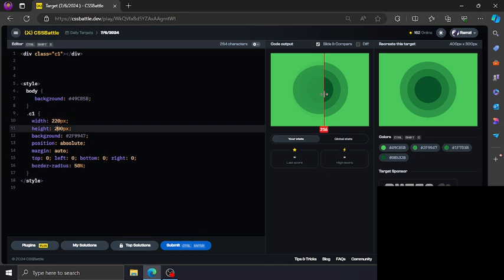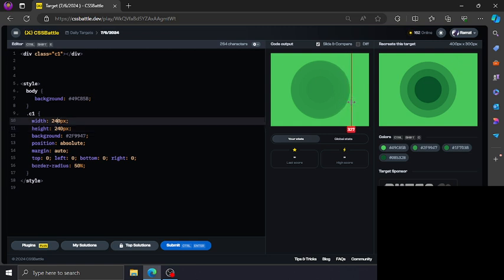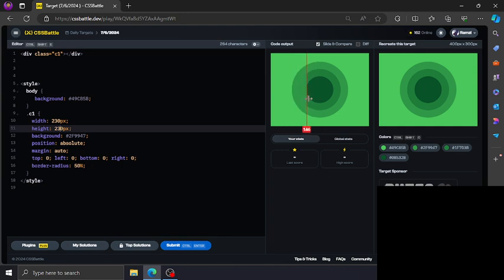More, add some size here. Okay, 40. We will just play around with this size. I guess it's too big, so 30 probably. Okay, I think 30 is doing good.